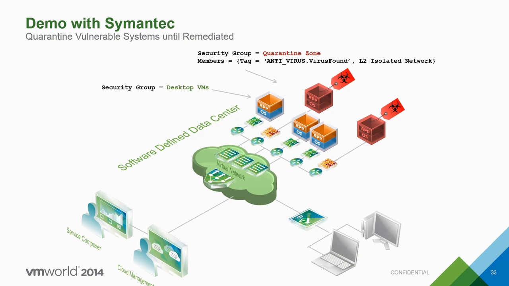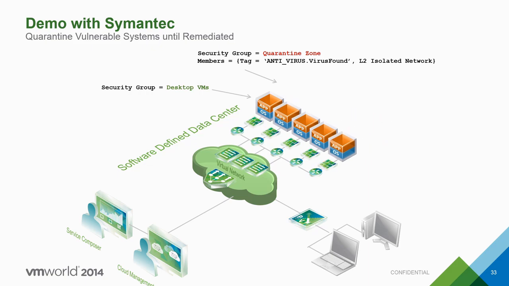And then Symantec has a feature, which is it will try to clean up the virus. And if it does succeed, then it will remove the tag. So it will tell vCenter, remove the tag of those VMs. vCenter will tell NSX, those VMs don't have the tag anymore. NSX will remove those two VMs from the quarantine group. And now those VMs can do the stuff they could do before. Okay? That's what the integration NSX plus Symantec does under the cover.